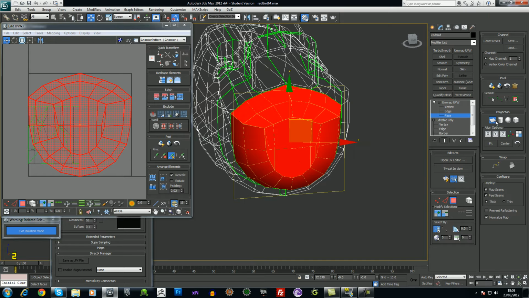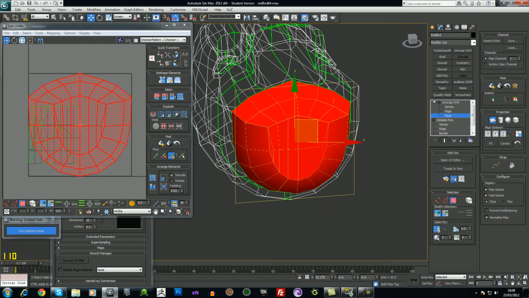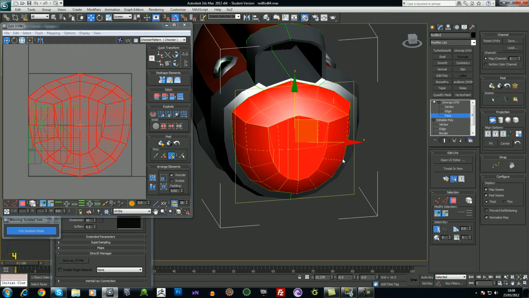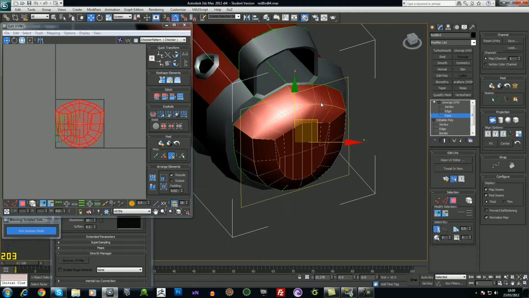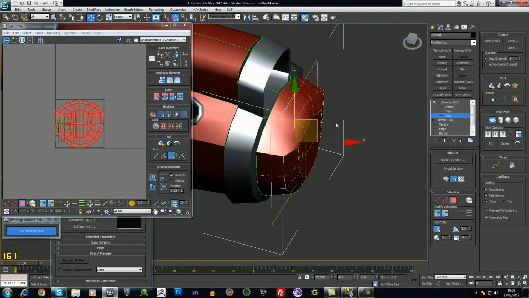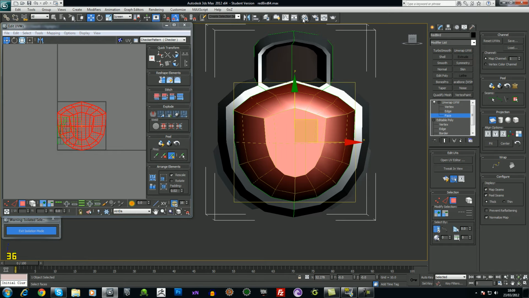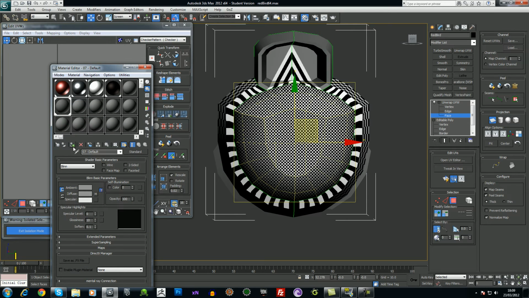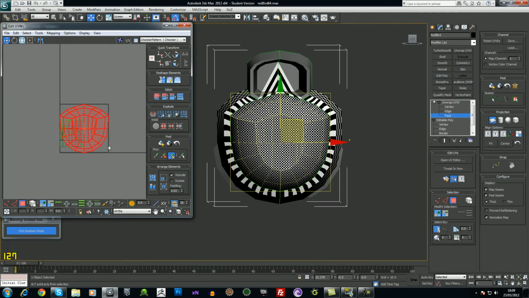I'll do the planar map again, and it planar maps it, so I don't really have to do all these seams all the time. It's just there in case you want to make seams and then do a pelt map on it. But I find this is quite useful. So once I've selected the faces, done a planar map because it looks like it could be flattened if there was a plane looking straight at it. So like that, there you go, it's done the same thing, but it's not perfectly accurate. So if I add the checker to it, in fact, it's pretty good,